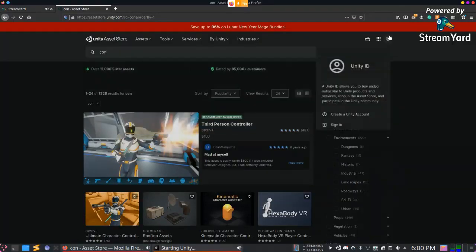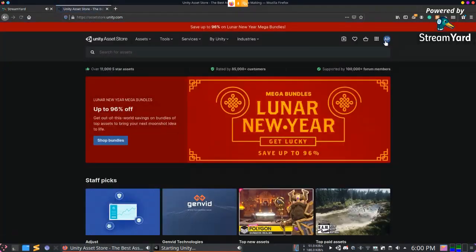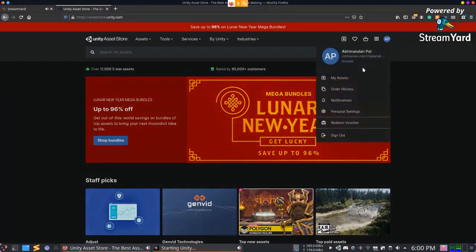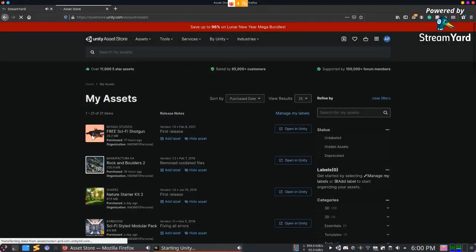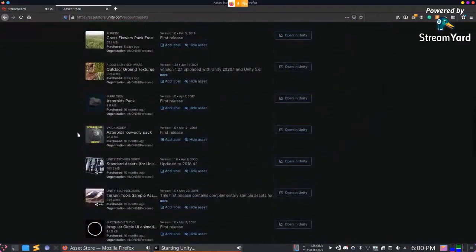Let me log in and take this. Whichever assets you purchase are there in My Assets list. Most of the ones I have purchased are free assets.